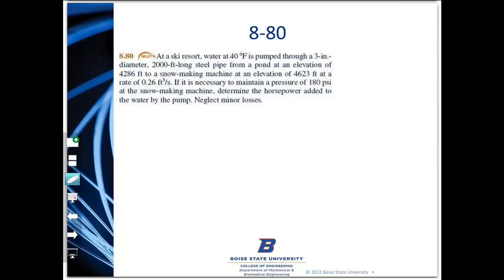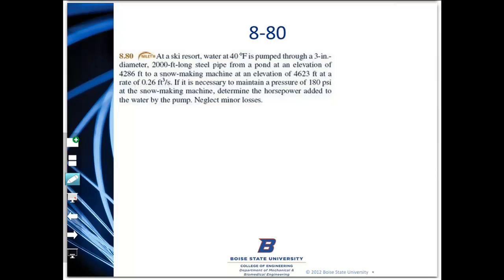At a ski resort, water at 40F is pumped through a 3-inch diameter, 2000 feet long steel pipe from a pond at an elevation of 4286 feet to a snow-making machine at an elevation of 4623 feet at a rate of 0.26 cubic feet per second. If it is necessary to maintain a pressure of 180 psi at the snow-making machine, you're asked to determine the horsepower required, or the horsepower added to the water by this pump, and you're asked to neglect the minor losses. Okay,